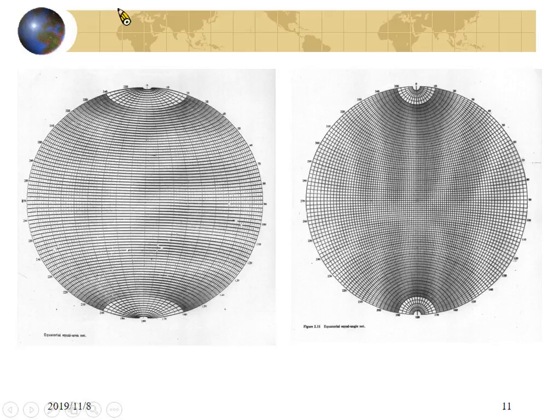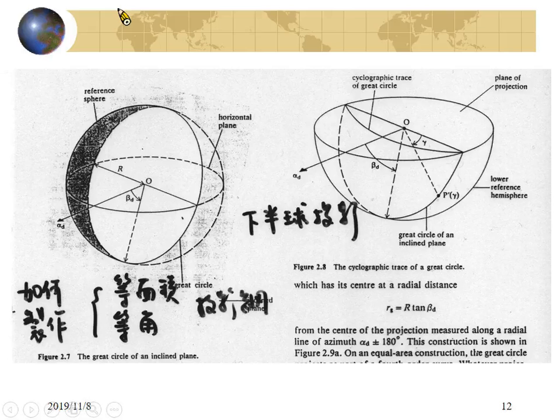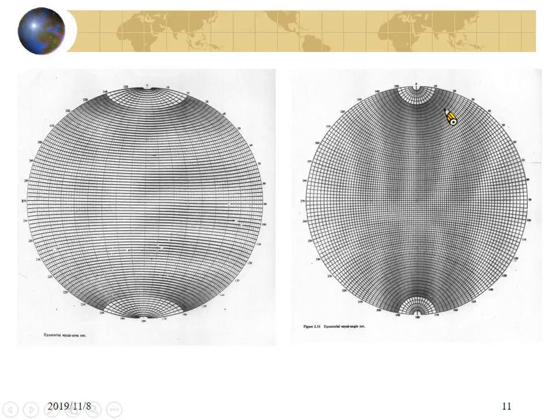Okay. So how is this projection produced? I will go back. This projection, equal angle projection, you will find two line sets. One is, we call it